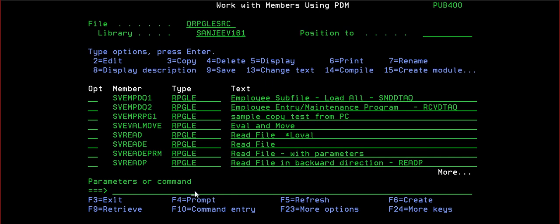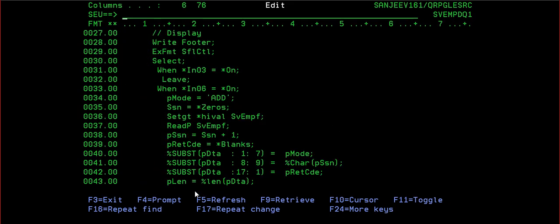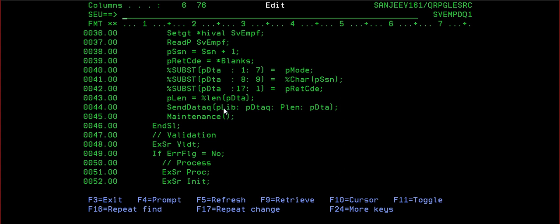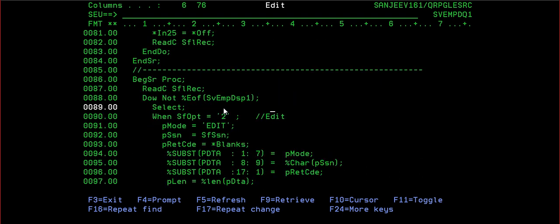Both places. Because I changed there, this also needs p dtaq plib, and this needs to be changed in this place also.